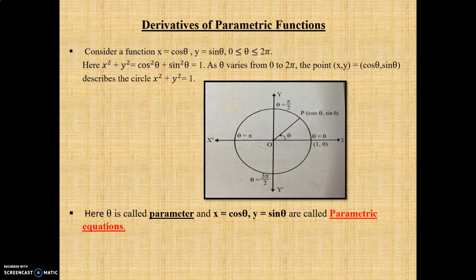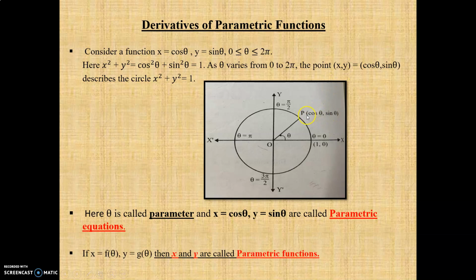So, next topic is derivatives of parametric functions. Consider a function x equal to cos theta, y equal to sin theta, 0 less than or equal to theta less than or equal to 2 pi. Here x square plus y square is equal to cos square theta plus sin square theta, which is equal to 1. As theta varies from 0 to 2 pi, that means one complete rotation,